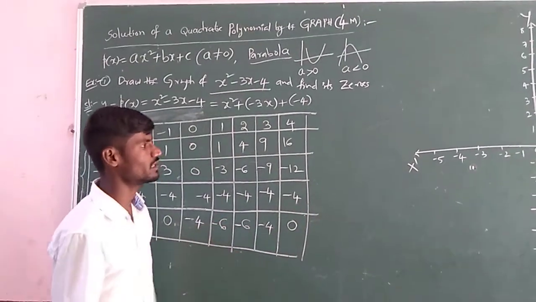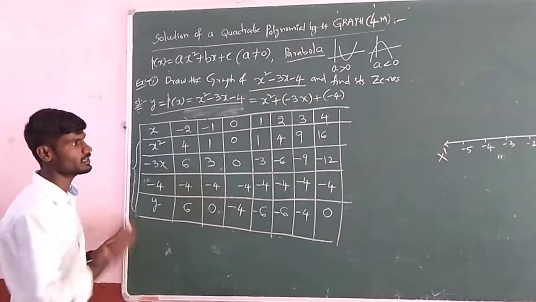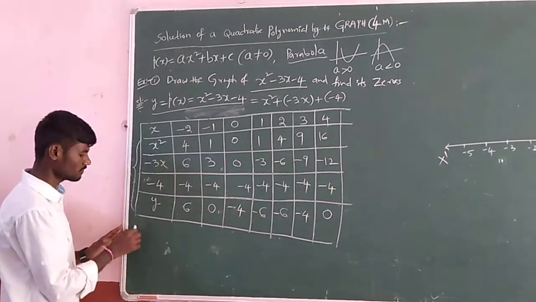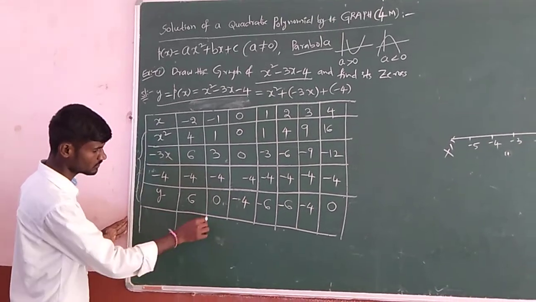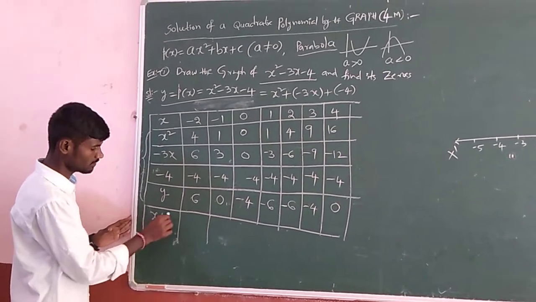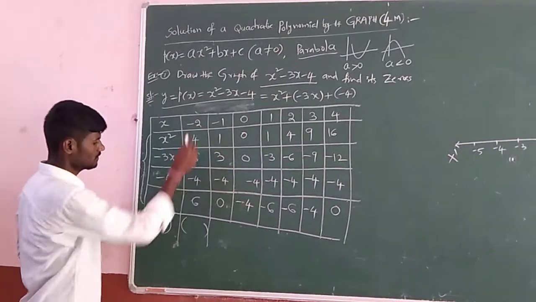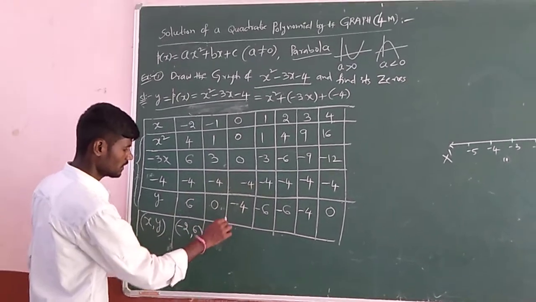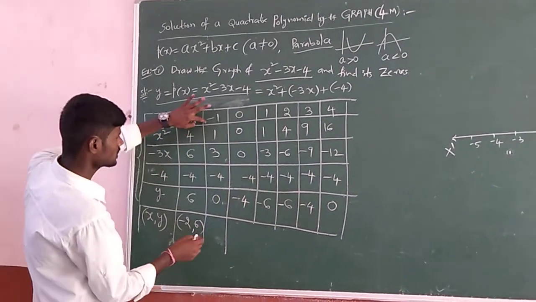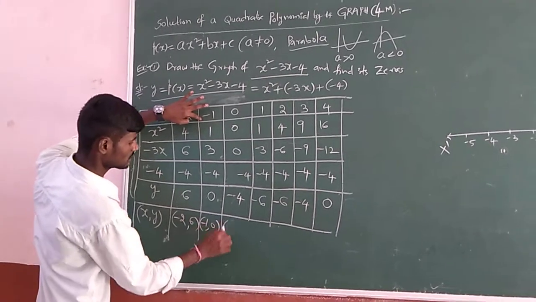So these are the points. What you have to do is locate the points on the graph sheet, which means writing them in x, y form. Otherwise we may add another column here. What is that column name? x comma y, meaning location. How can we locate? x is minus 2, and y what we have got is 6. Okay? Next here, x is minus 1, y is 0. Okay? Next, x comma y.